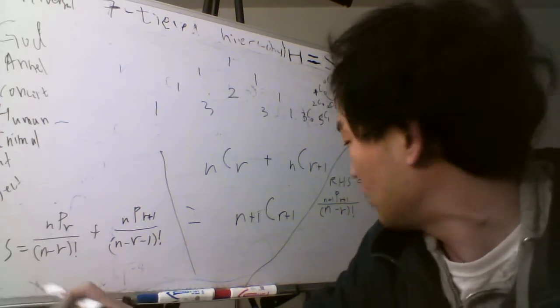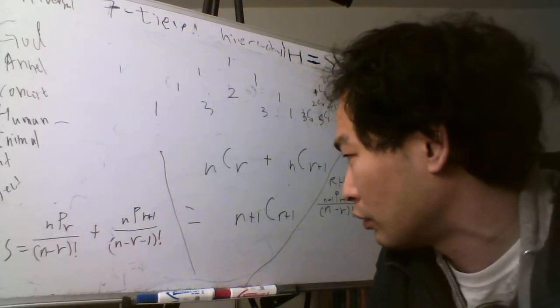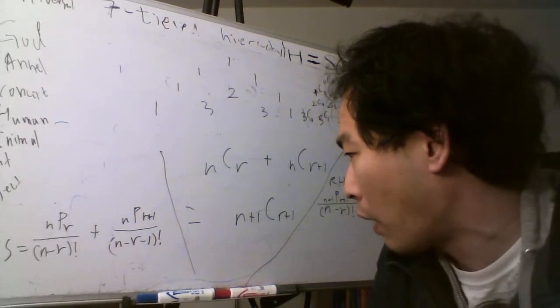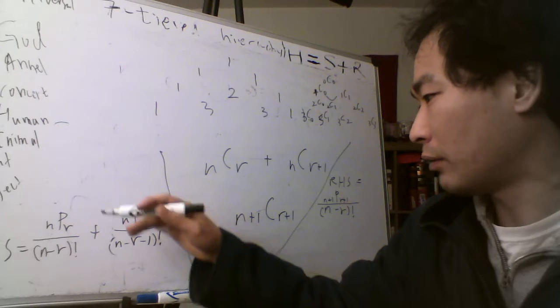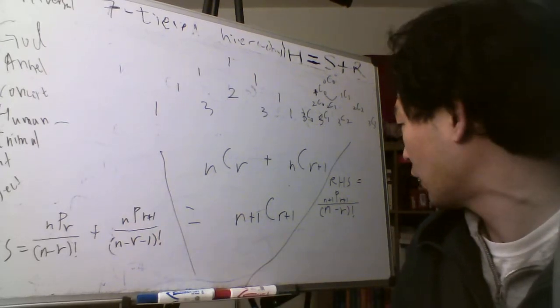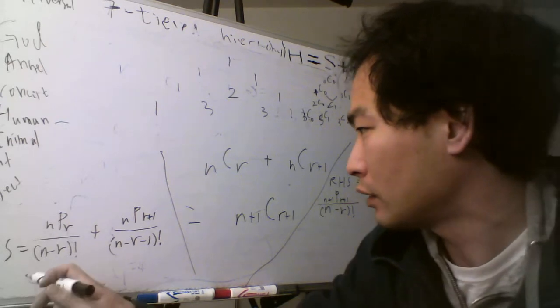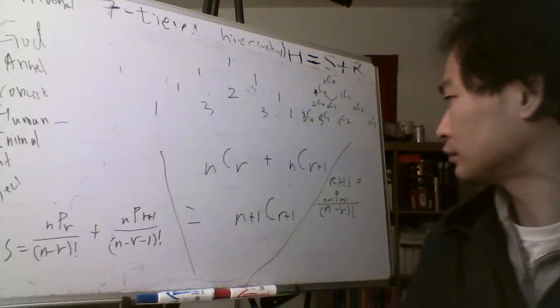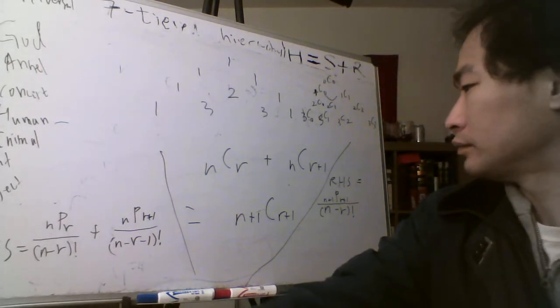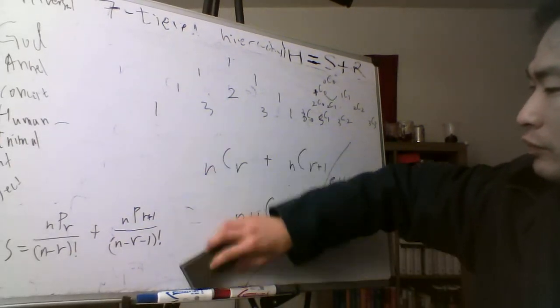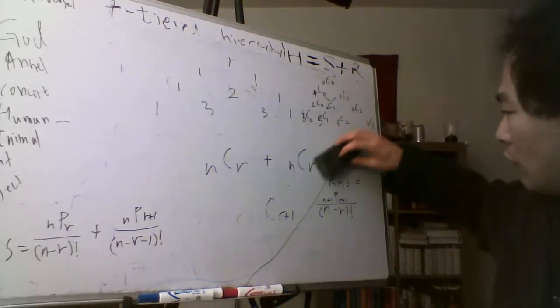And this guy is equal to, well, we multiply by n minus r, or here n minus r there, okay? This guy is equal to, we don't need this guy anymore because we wrote it out, so